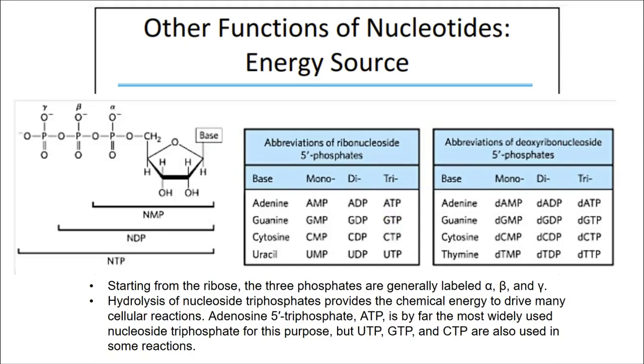Starting from the ribose, the three phosphates are generally labeled alpha, beta, and gamma. Hydrolysis of nucleoside triphosphates provides the chemical energy to drive many cellular reactions. Adenosine 5-triphosphate, which is also called ATP for short, is by far the most widely used nucleoside triphosphate for this purpose, but UTP, GTP, and CTP are also used in some